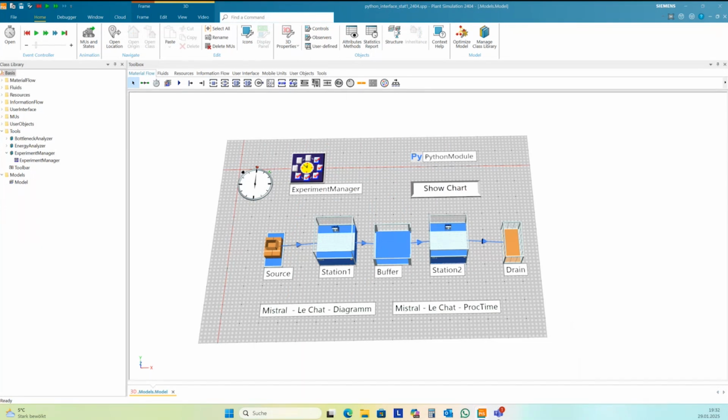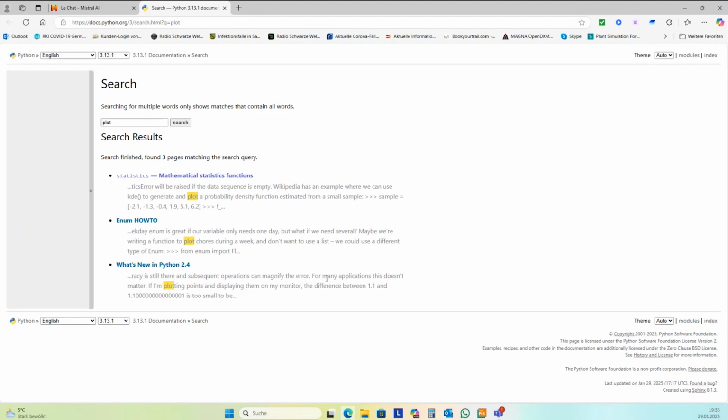So, one short additional example for AI. One moment. I have prepared here one example for a question to a large language model, and I want to ask one basic Plant Simulation question to Mistral.